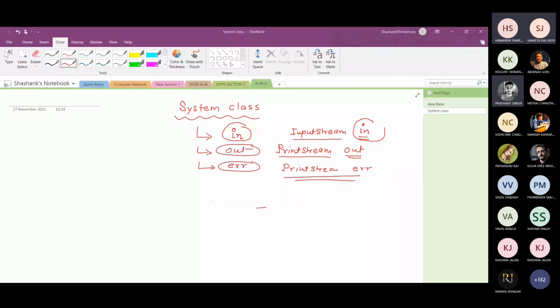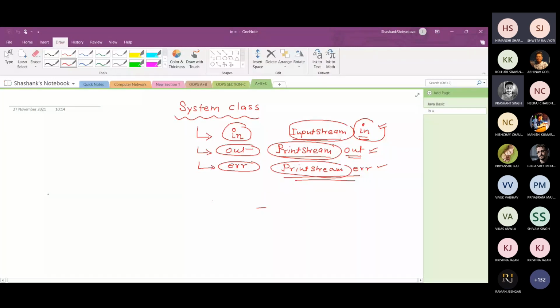So basically, in is the variable of InputStream type, out is the variable of PrintStream, and err is the variable of PrintStream also. And InputStream and PrintStream are classes. Okay. So how can we take the data from the keyboard?